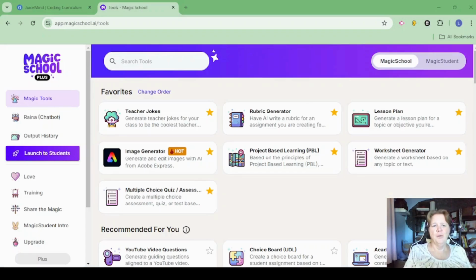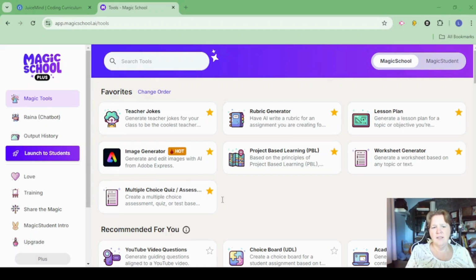I like Magic School AI for assistance with writing review questions. One of the hardest parts of writing multiple choice questions is writing the wrong answers. With AI assistance, I don't have to worry about that. Sometimes I will feed in questions and just ask it for answers, but for review, I will often let AI write it all. I do ask for extra questions so I can review my options and pick the ones that